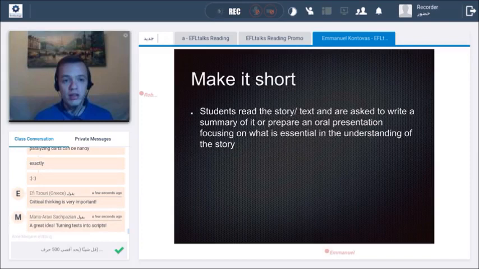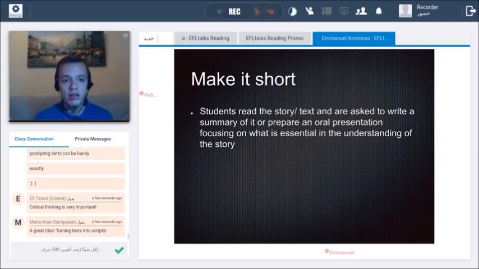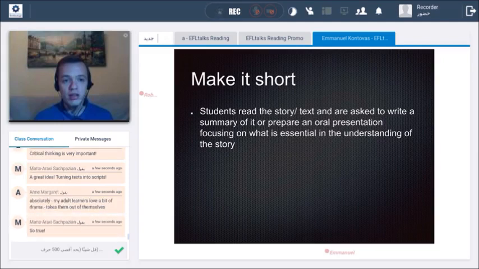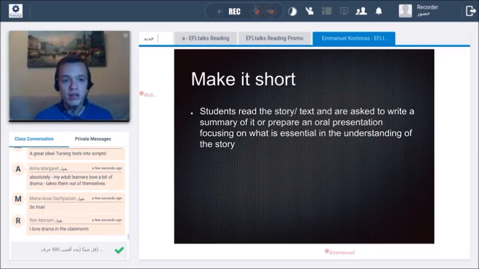Another one would be to make it short. So you have a student or a text, and then you ask them to write a summary, or maybe just obviously keeping what is really important, and or maybe even prepare an oral presentation of that, which is mainly focused on the understanding of the story or of the text. I really like this activity, and I even use it with exam classes because I think that it really helps them understand and be faster, finding the essential information that they are going to need afterwards, even for examinations, not only